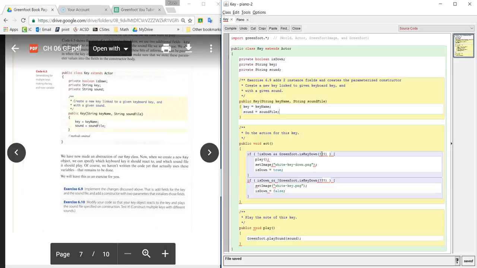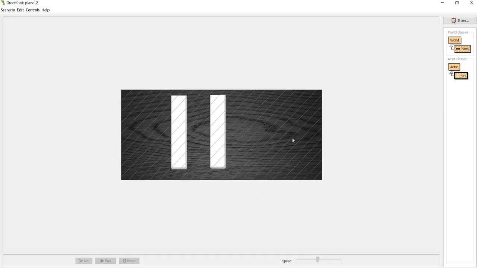Likewise, what I have to do down here, instead of using the G, because that will cause an error, I need to use the instance field key, and I'm going to use key instead of the letter G. And likewise, I already made the change down here. Instead of the specific 3A.wav, we're going to replace that with sound. So I have made the following changes. Instead of my specific instance, I'm now assigning it the value that's coming in by using the instance fields key and sound. When I go to test this out,